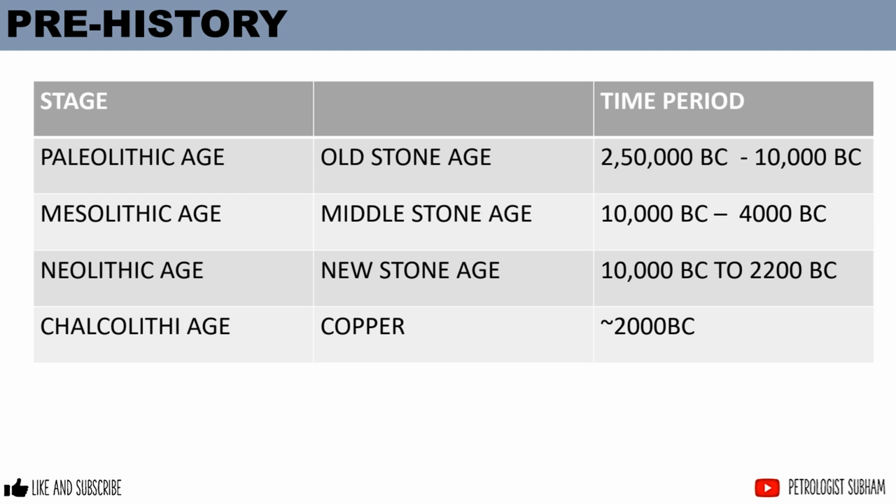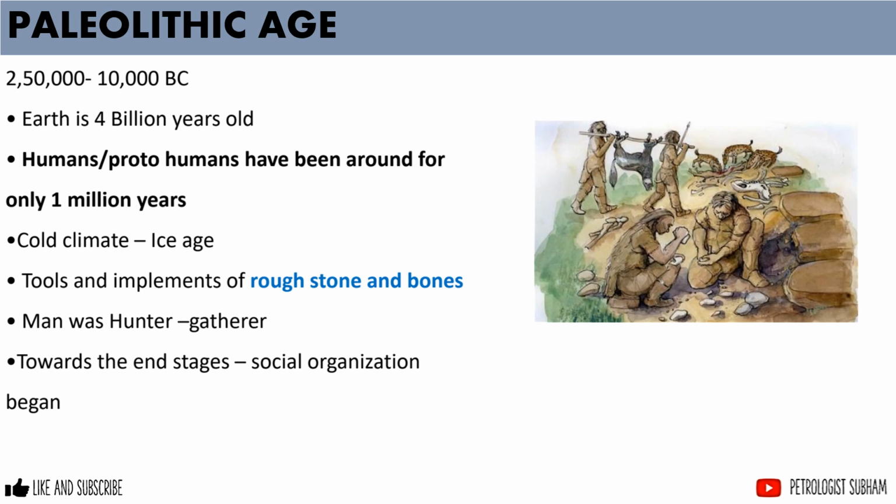Now, when we talk about the history of the prehistoric chronology, the particular timeline has been divided into these particular ages. Okay, like since the advent of the first human, like 2.5 lakh साल पहले, like 250,000 years earlier. So it has been categorized like this: Paleolithic, Mesolithic, Neolithic, and Chalcolithic. Okay, you must understand this. And what were the basic important things that happened during that period, we must know.